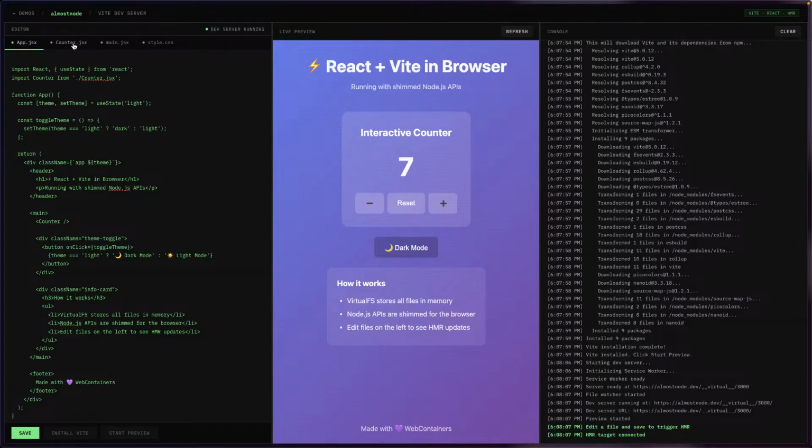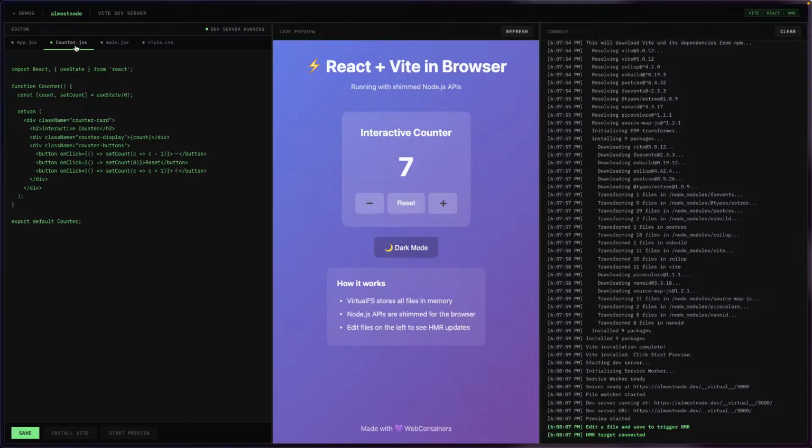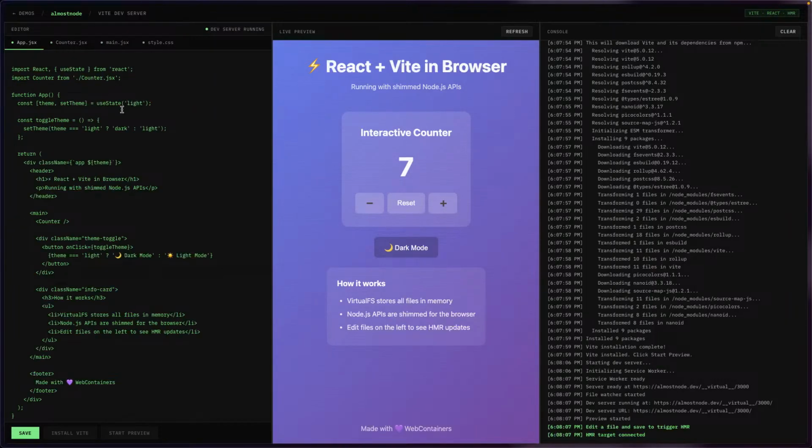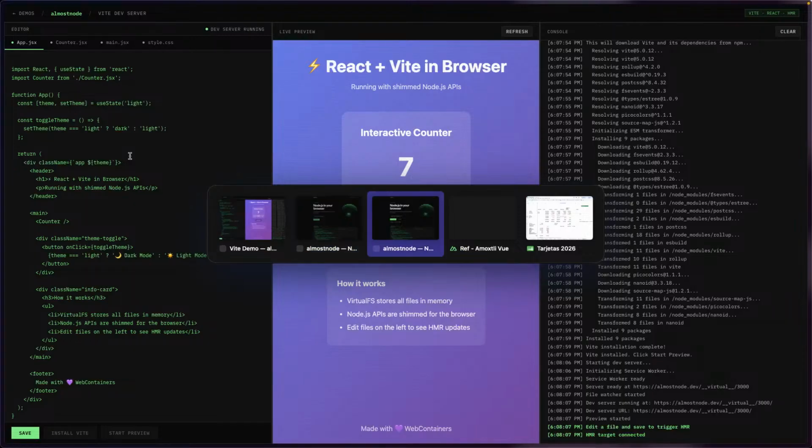What you can see here is JSX is fine, React is fine, but then when I tried doing Vue stuff, it didn't quite work. Maybe that was an issue on my part, or I didn't know how to do it properly. But then I asked